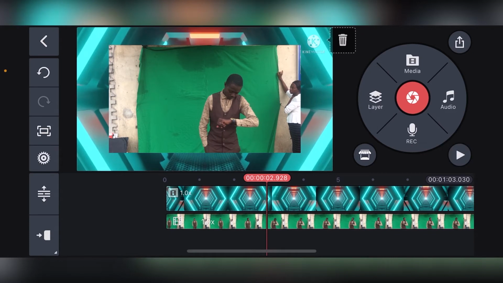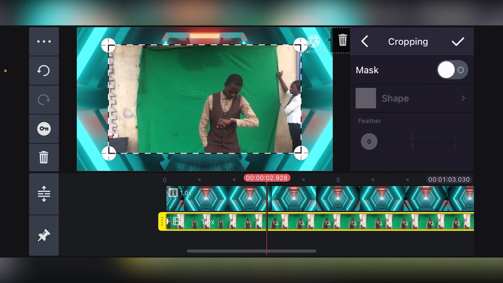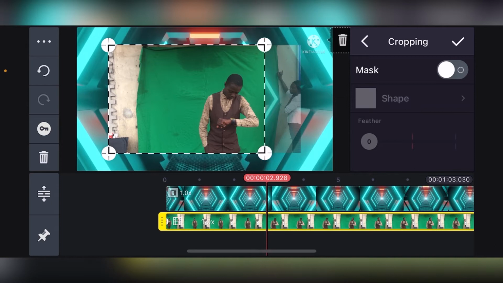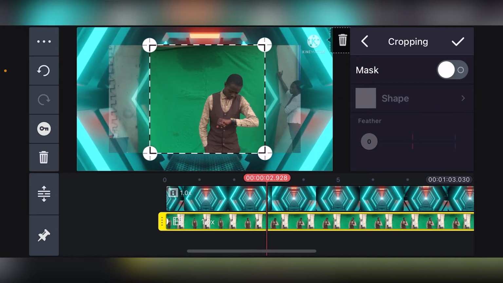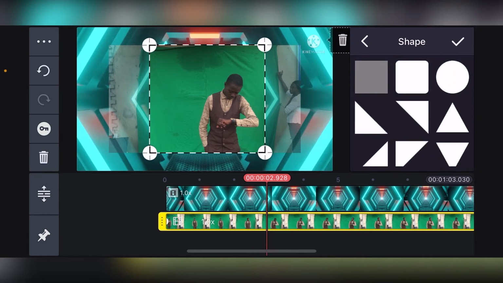The next thing I'm going to do now is to crop the video. So I just select it and come to cropping, and I can just move it a bit like this. You can actually use any shape that might suit what you're doing. If a circle will work, you can just use it, or maybe this other one sometimes, so you can just check it. But in this case now, I found out that